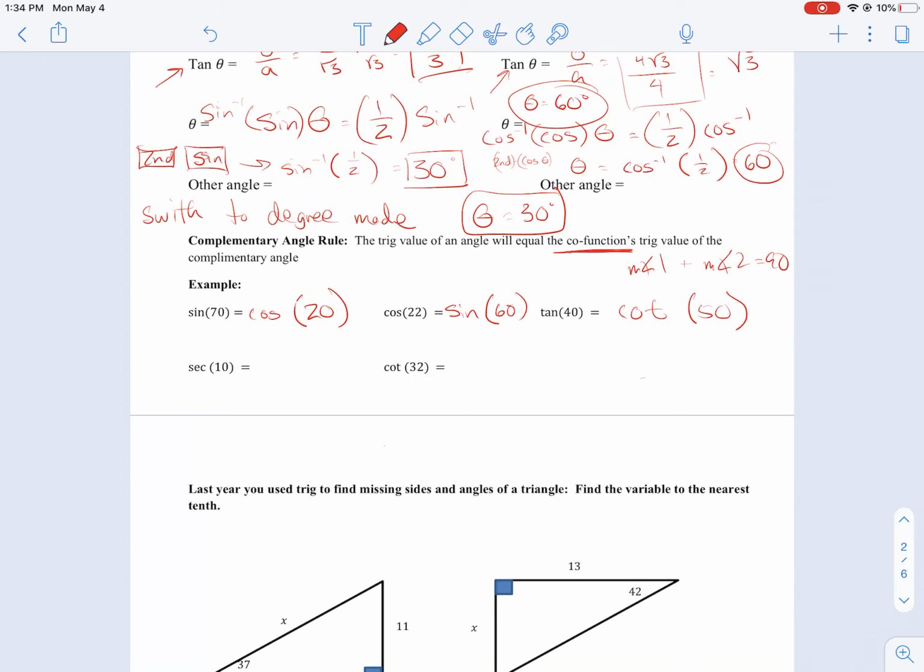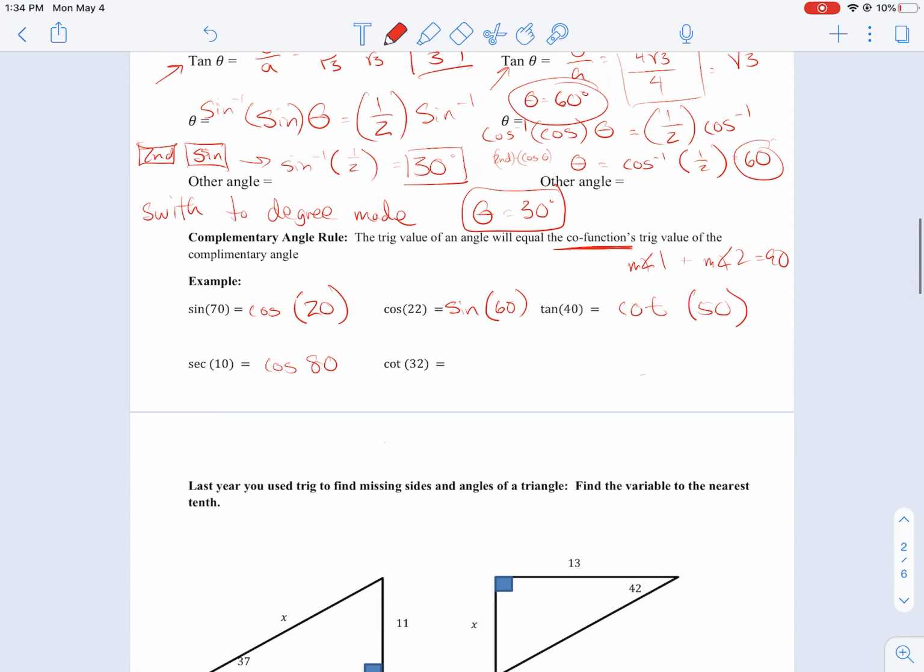Secant, so the co-function of secant is the cosine of 80, and the cotangent of 32 is the tan of 58. So when I say co-functions,